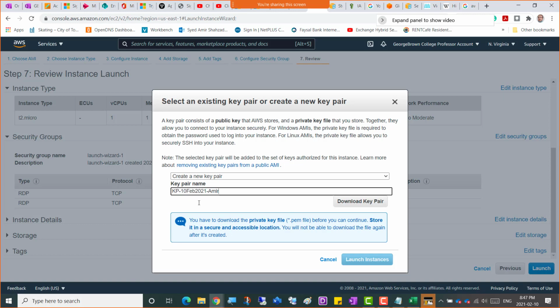And once you have put in that name here, then we can click download key pair, and make sure that you download it in the downloads folder. Why am I saying it again and again, downloads folder? Well, few students, very few,